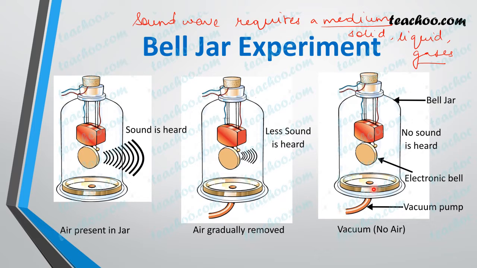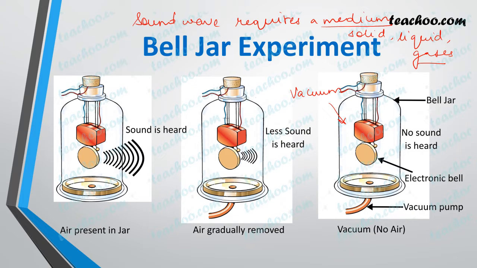So that means when totally the air is removed from the bell jar, it now has vacuum inside it. This third bell jar has vacuum inside it, and now we could not hear any sound. So this means that the sound wave requires a medium, but it does not pass through or is not able to be heard when there is vacuum. Okay, so this was a quick recap that a medium is necessary for the propagation of